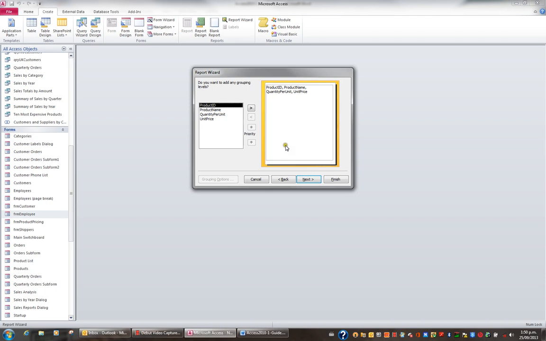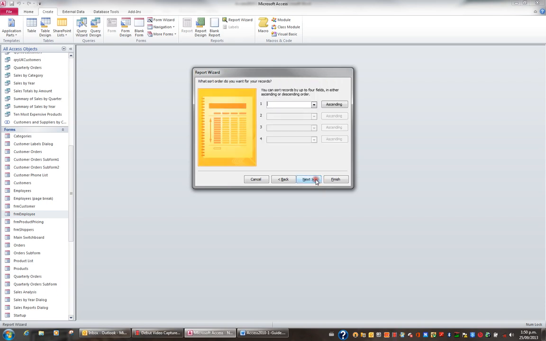At this point it wants to know if I'd like to add any grouping to my report. Well, the data I've chosen doesn't provide me with a logical group because these are all unique entries, so I'm just going to hit Next. Then it would like to know if there's any sorting I'd like. Well, I would like to sort, and I'd like to sort by product ID, so I choose product ID in the first drop down, and I can sort by up to 4 fields, but I'm just going to sort by product ID in ascending order, though I could change this to descending, but I'll leave it on ascending, and I'll